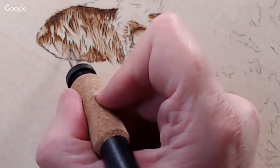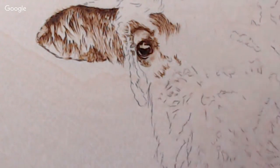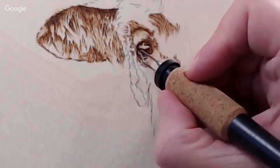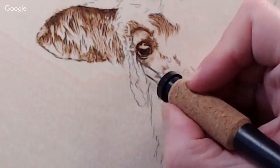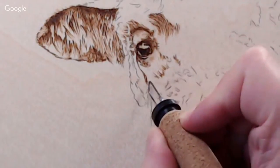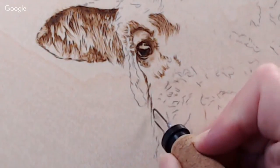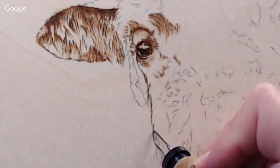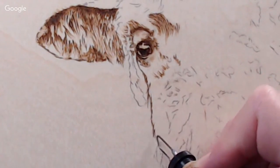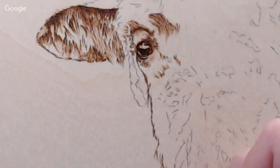I'm having to get around the camera and not turn the board. Okay, I think we can just go. Let's see here. I don't think I need to move. We can just go down his face. Now, I'm not doing connected lines. I'm just tapping and drawing down and lifting up again. And the movement is so quick, but it's enough for me to not have connecting lines, so it's hair,